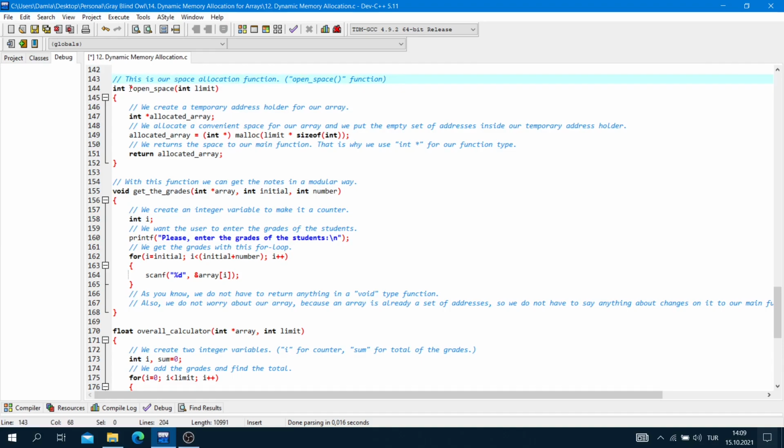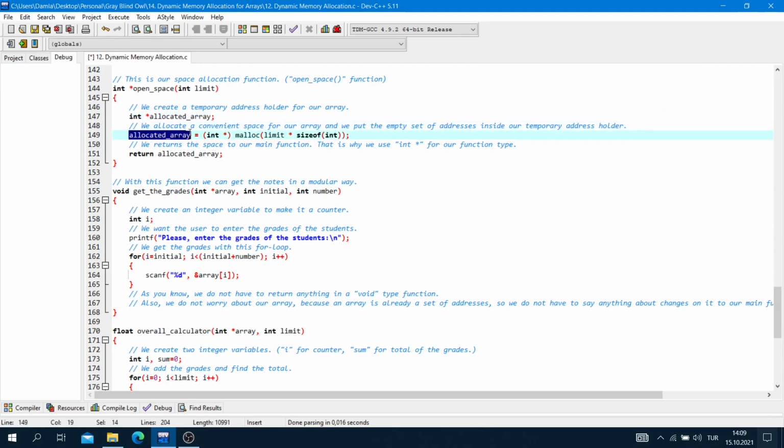Integer pointer, open space, our function name, and integer limit. Our function returns a set of addresses, so we use variable type and reference in this part. We create a temporary address holder for our array, integer pointer, allocated array, and semicolon. We allocate a convenient space for our array, and we put the empty set of addresses inside our temporary address holder.